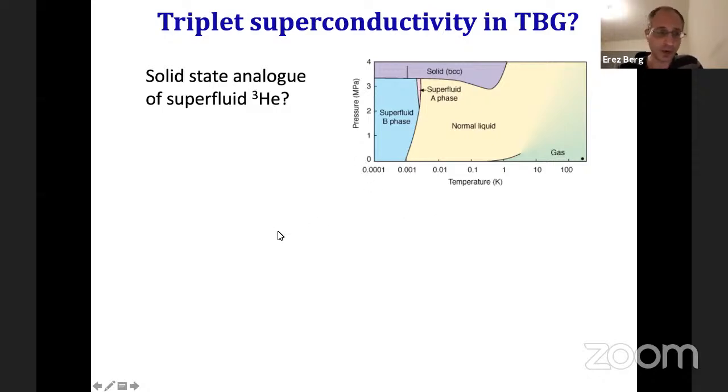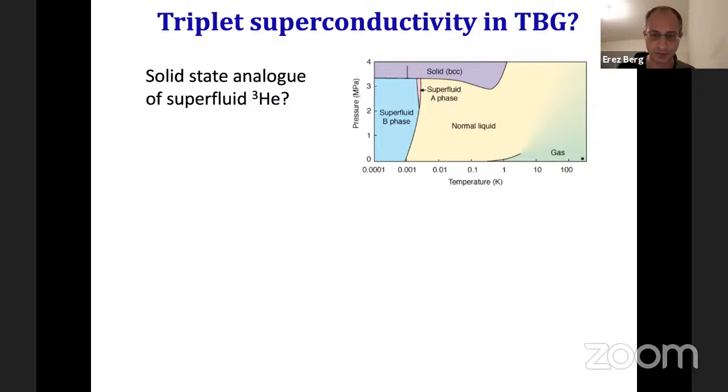The question is, why aren't there such beautiful established solid state examples? It turns out to be extremely difficult to find such examples. There are some materials that are believed to be triplet superconductors, but we still don't know absolutely. And these examples are very, very rare. We know of hundreds of singlet superconductors and very few candidate triplet superconductors.